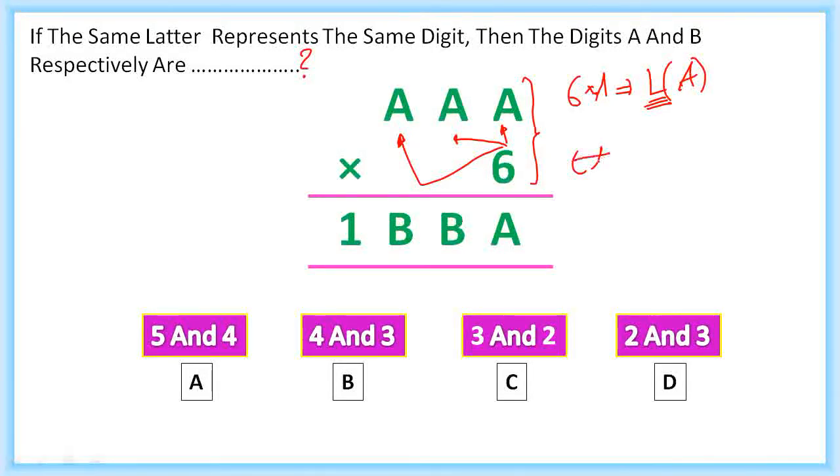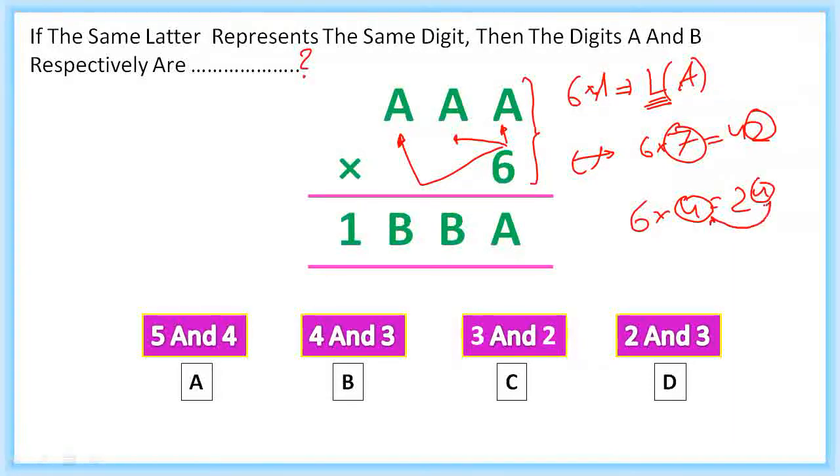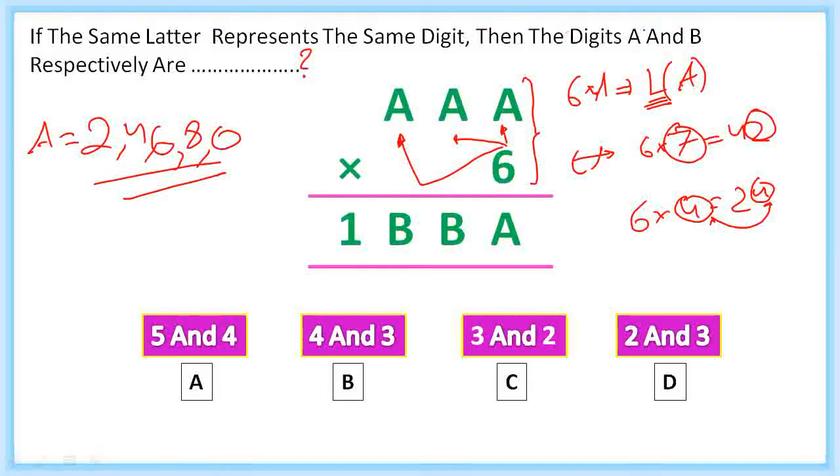If we put in some logical thinking and prepare a table, you will find that if I take any odd number, the last digits are different. But if I take any even number, even 0 will work, I will get the last digit the same. So like this, we found out that A could be any even number, that could be 2, 4, 6, 8 or 0. So as it says, the A and B respectively. The first number must be even, but as you can see in options A and C, it is odd, so A and C cannot be the answers.